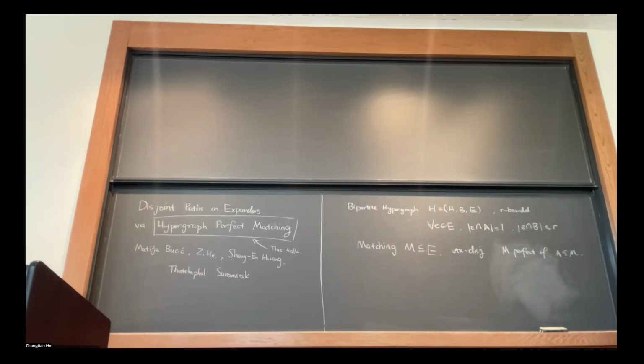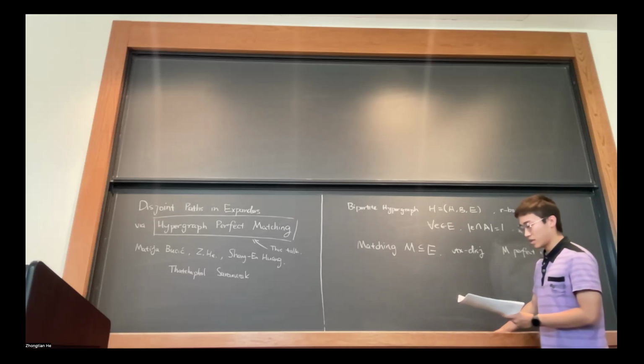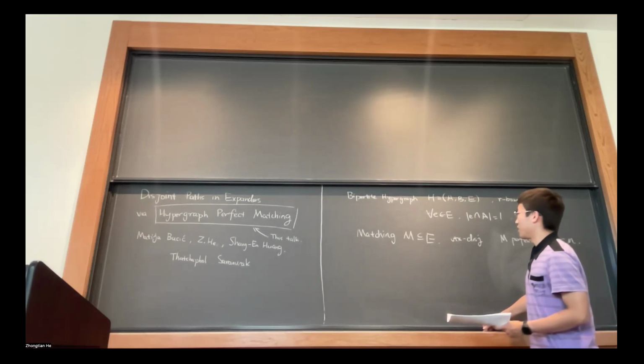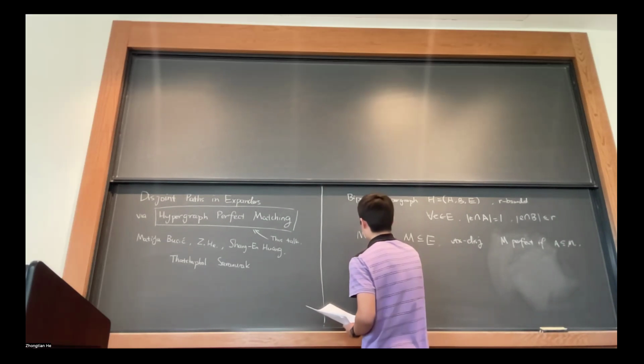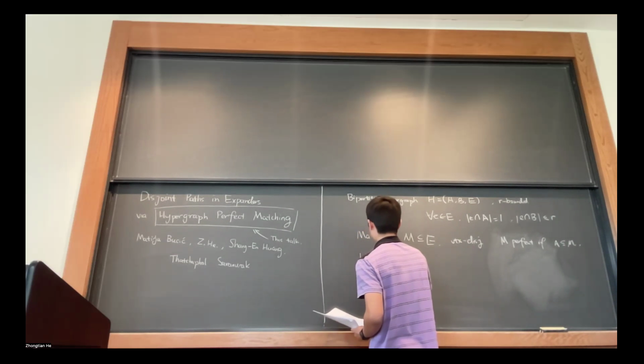Yeah. So because of this connection, we need something stronger. I mean, we need the assumption to be stronger. And it turns out, fortunately, we have such an assumption, which is a generalization of Hall's condition. So for Hall's condition,